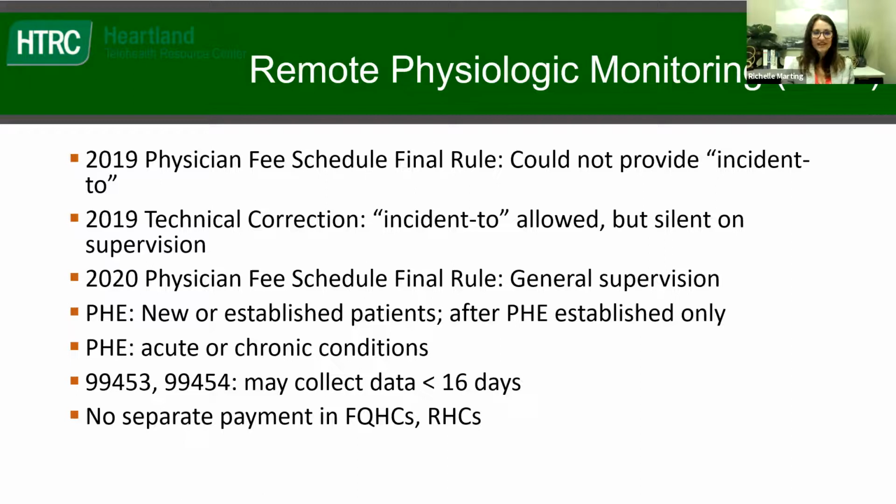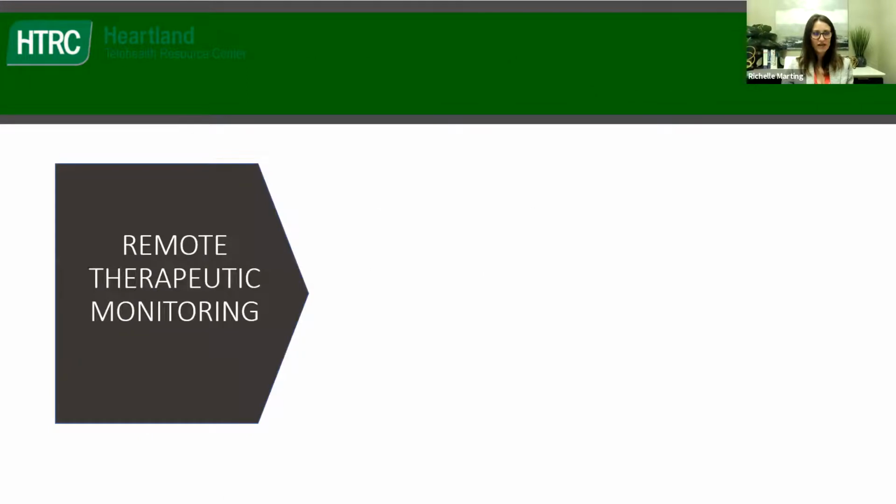So that is, from my perspective, a significant limitation of the remote patient monitoring as we have currently. So now I want to give you a preview for something that I'm really excited about, that was addressed just in 1 or 2 paragraphs in the 1,700 pages of the proposed rule for 2022. But remote therapeutic monitoring is going to continue to open the door for a lot of non-face-to-face interactions with patients